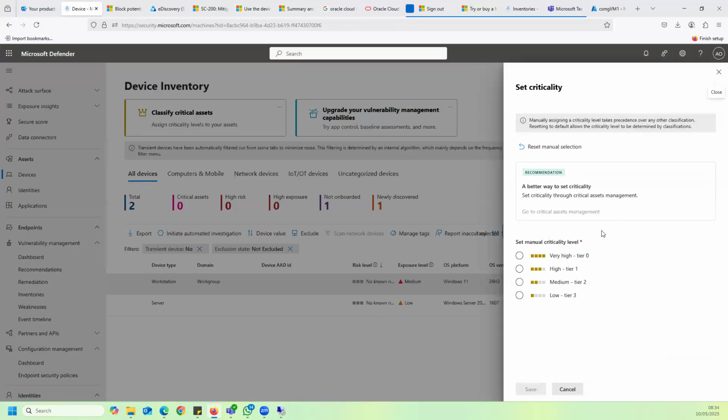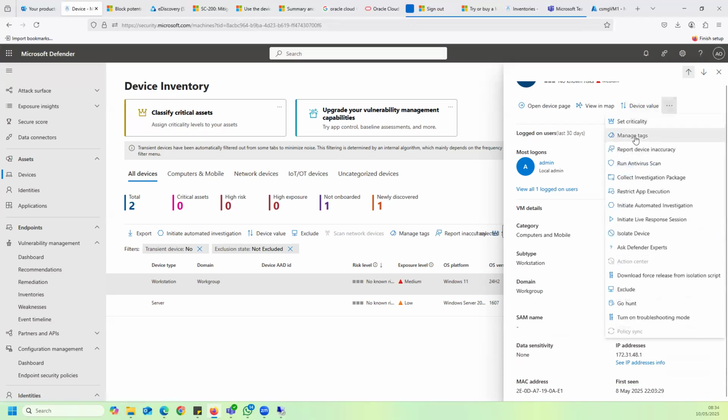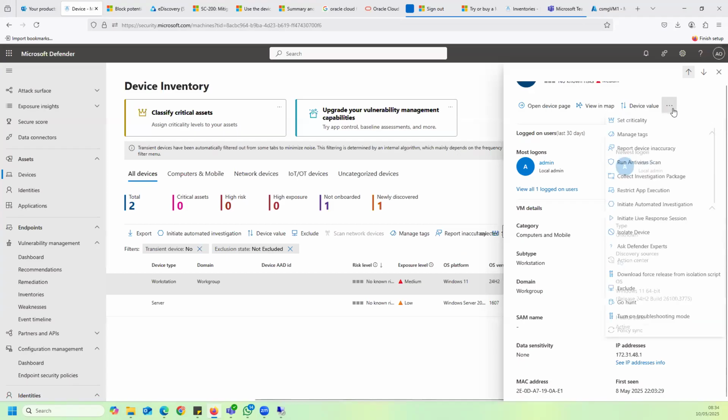If this system is very critical to us, I can set the criticality from here. Also, some of the things that I can do: I can report device inaccuracy. If there are threats on it, I can initiate a virus scan. I can collect an investigation package. I can restrict app execution on this. So if I click on that, this prevents applications that have not been signed by Microsoft,